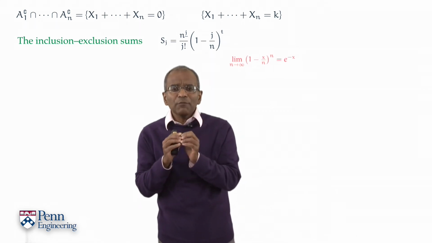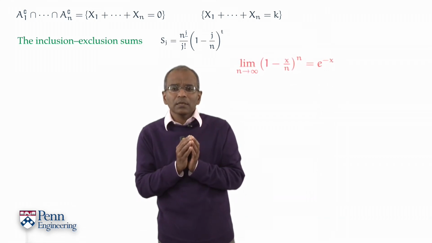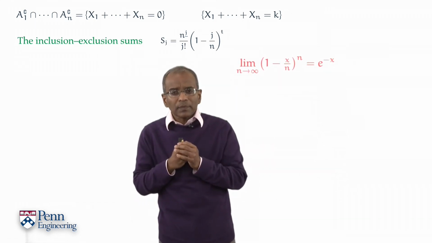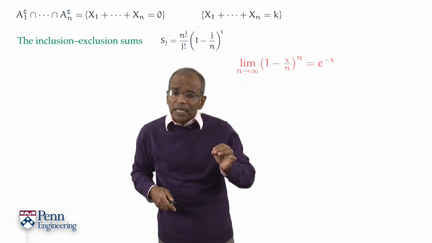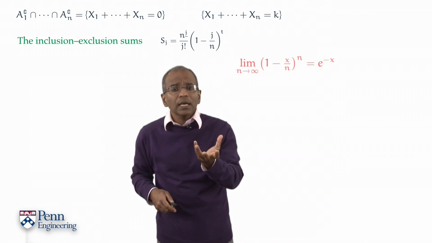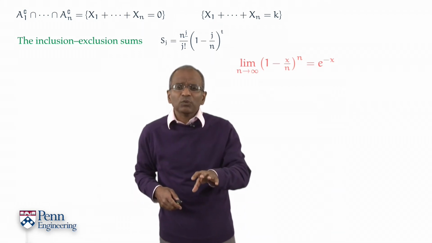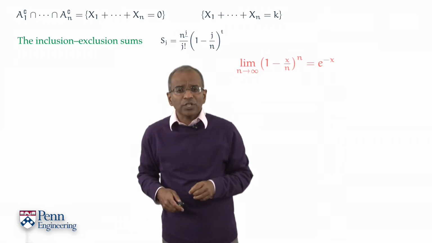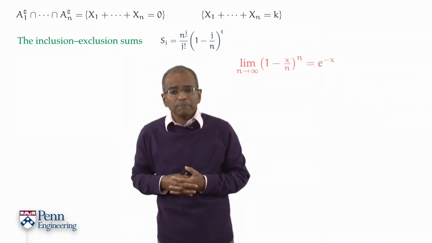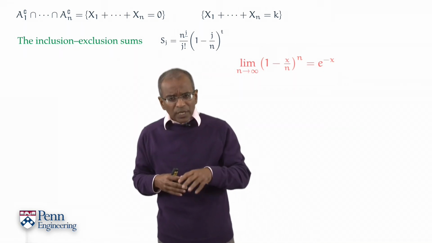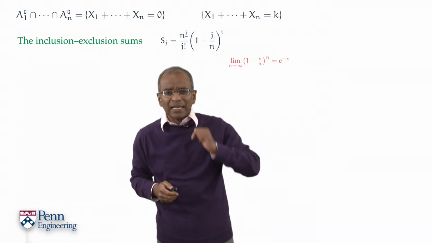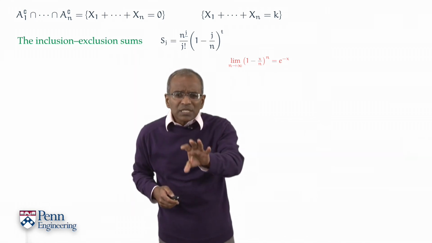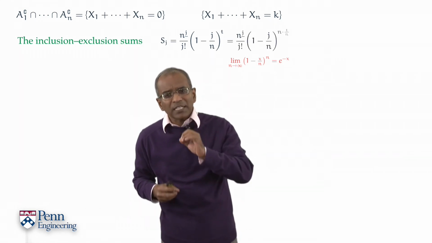Remember that if you look at (1 - x/n)^n, think of x as something fixed and n as large. In the limit as n goes to infinity, that quantity goes to e to the power minus x. In fact, one could use this as a definition of the exponential function. That's one of the alternative ways of defining it. Okay, so here's a fact from calculus. Now I've got something which is reminiscent of this, except I don't seem to have a power n in the power. Let's simply add it in there by multiplying and dividing by n.